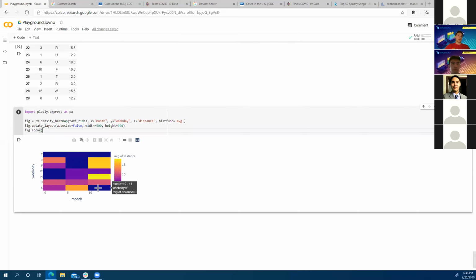If you were to say, okay, months 10 through 14th on a Wednesday, that's a pretty low number. But on a Monday, it's really high. And on a Friday and a Thursday, it's really high. So maybe people are going out more often on Mondays or something. Maybe they're late for work. So heat maps, as long as your two variables are ordered, I think in this case, the weekday is not as ordered as I would like it to be.